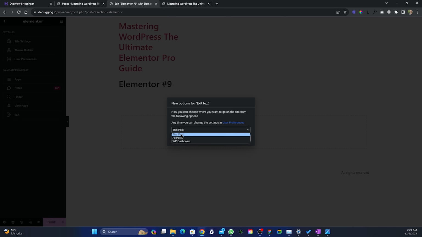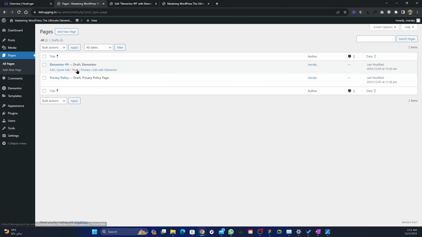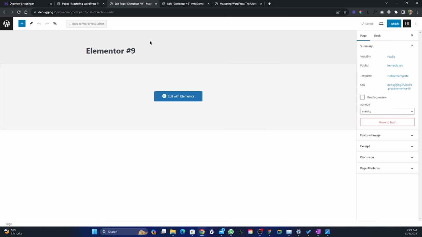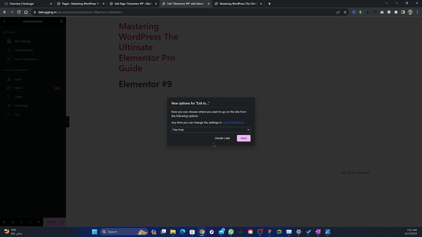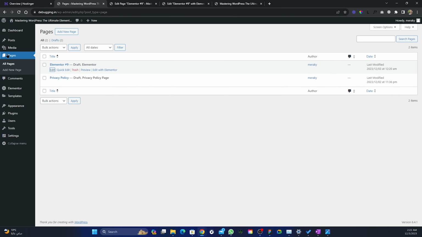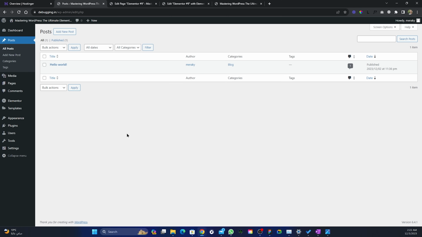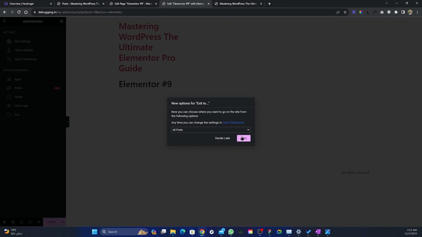If I choose this post, whenever I press exit, I will go here. So if you edit page, this edit, you will come back here. And I don't prefer this. I would like to go back in this dashboard. So I will choose all posts. So if you are in the pages, you will go back to all the pages list here. If you are on posts, you will go back to this list, and so on. Choosing all posts, then apply,